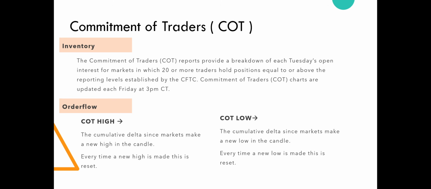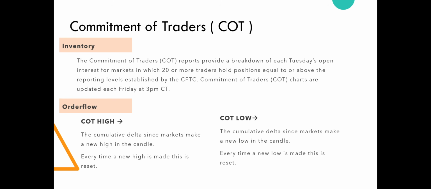This report still comes out and it is still shared. But having said that, with the advent of order flow, the way we are trying to interpret commitment of traders is a lot different. We are trying to not look at a weekly basis but at a much more microscopic level, candle by candle, trying to understand the intent of the intraday players, the HFT players, the algo players, and the short term traders, scalpers, etc., to figure out how they are positioning themselves for a micro trend or an intraday trend in the day.